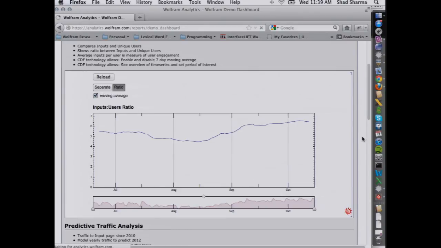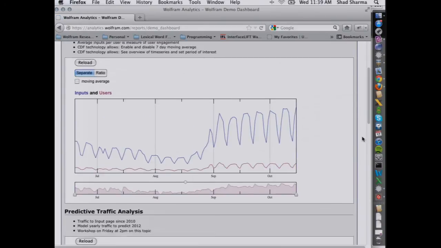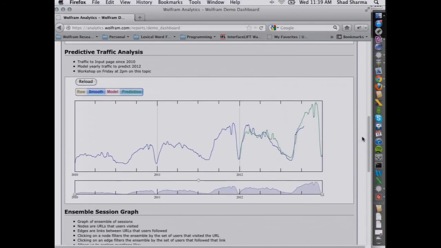So there is a change in the usage patterns from summer to school term. Now the next chart that I'd like to show you is our predictive traffic analysis. This one here I thought was very interesting. We kind of stumbled upon it, but I hinted at it earlier. And the hint is that there does seem to be a correlation between the 2010 and the 2011 traffic patterns. In theory, it should be possible to build a model that predicts the next year's traffic. And so we made an attempt to do this.